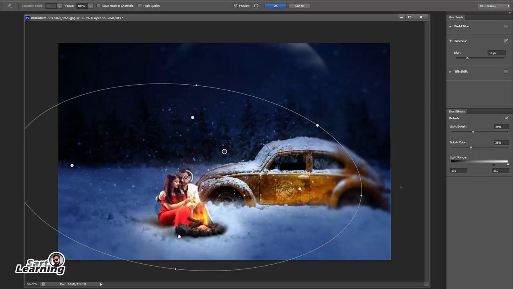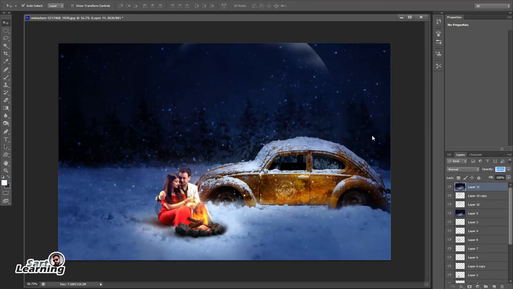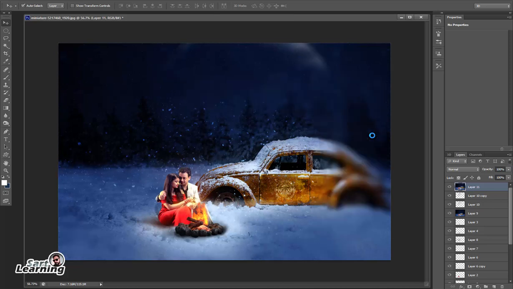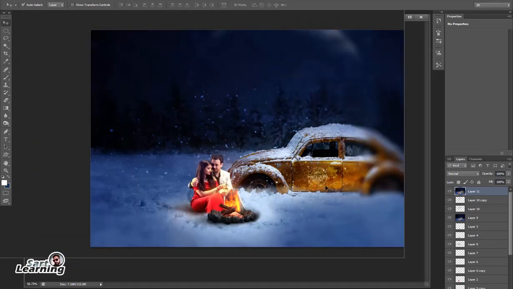Now my scene is looking more realistic. Okay, fine. If you want to increase the color effect, you can use vibrance, because vibrance is my favorite instead of using saturation.